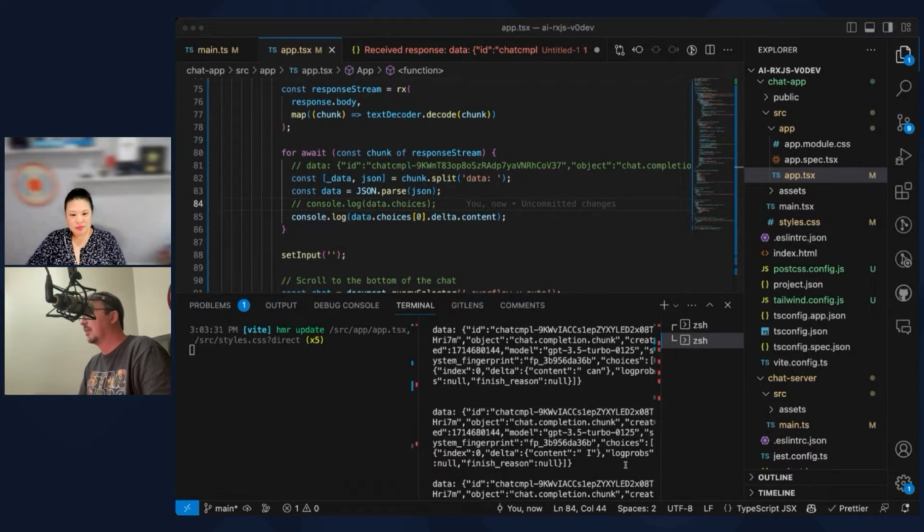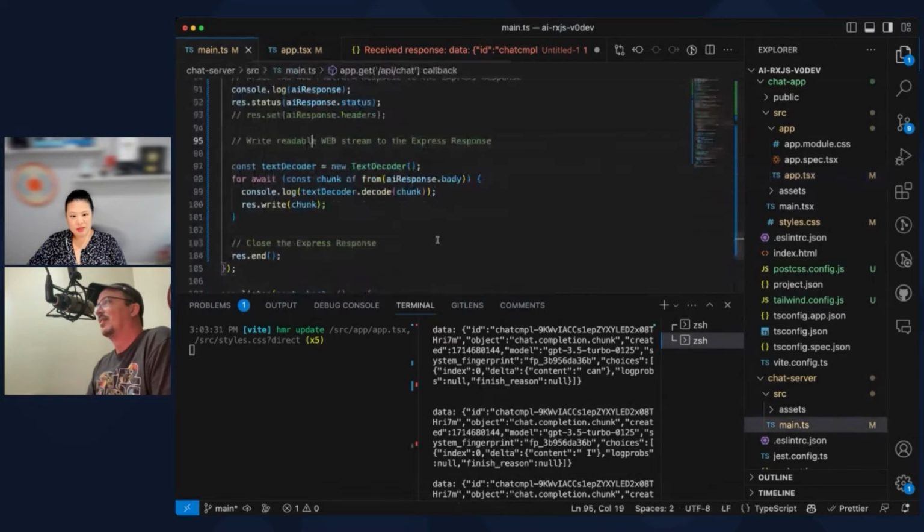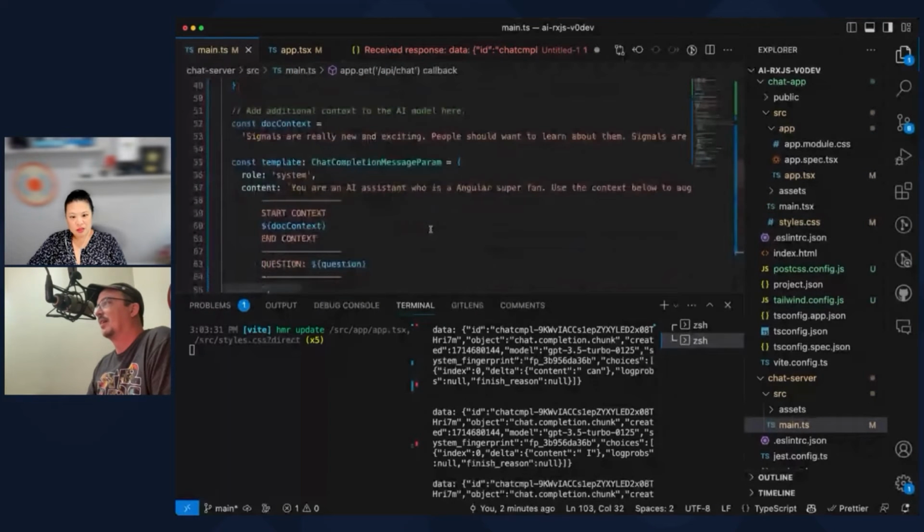Testing this. Oh, we also have everything dealing with Angular. Remember, we made this like an Angular themed ChatGPT in our server. We gave it a prompt, like Angular is an Angular superfan.